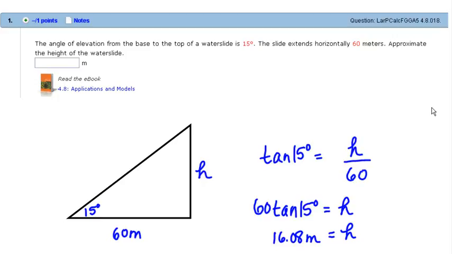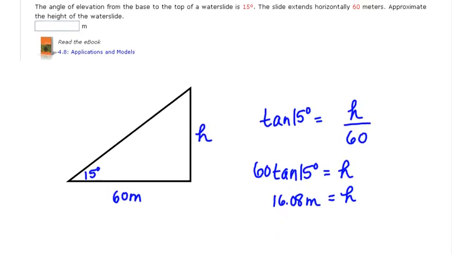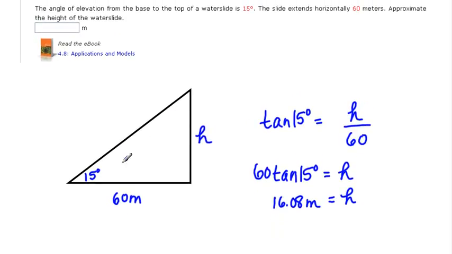The first one is: given an angle of elevation from the base to the top of a water slide is 15 degrees. The slide extends horizontally 60 meters. Approximate the height of the water slide. So you've got to think of that in terms of a right triangle that you can draw. We know the angle of elevation from the base to the top of the water slide is 15 degrees, so I have that marked here. The slide extends horizontally 60 meters, which is represented by our horizontal distance,